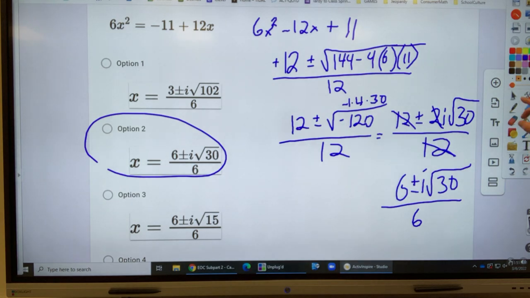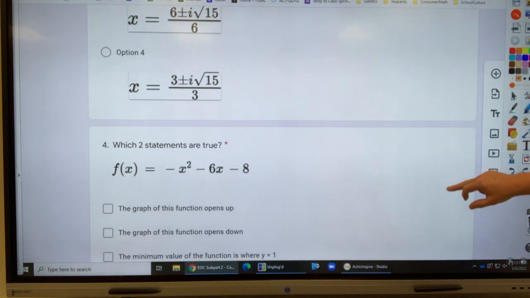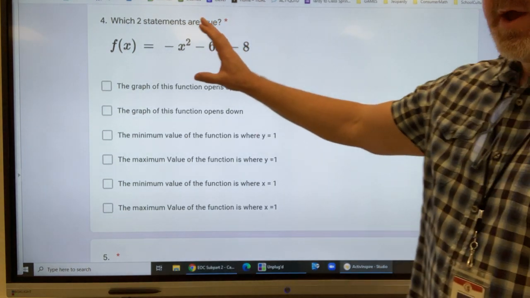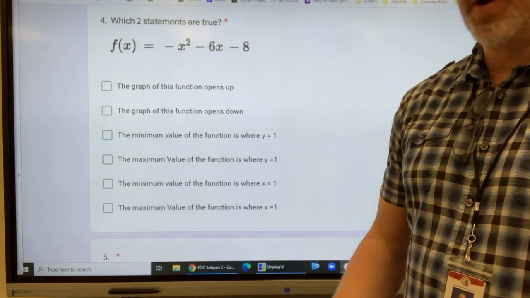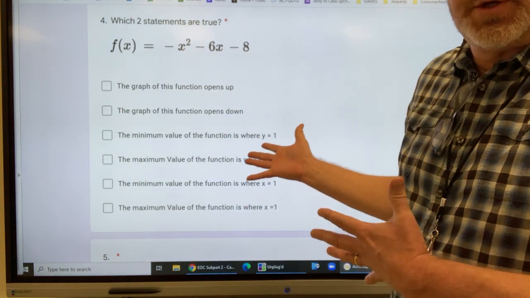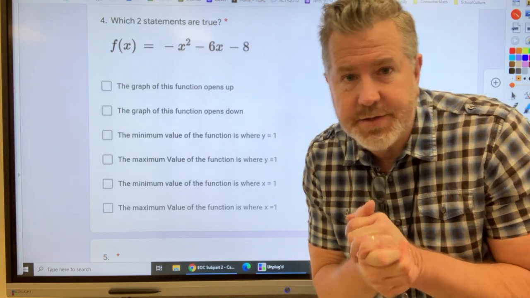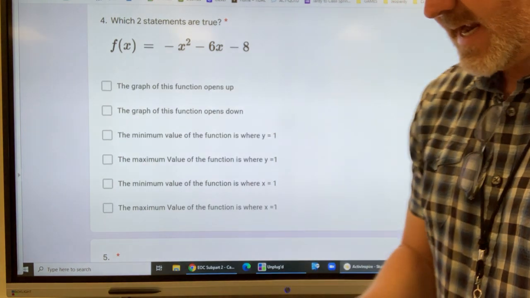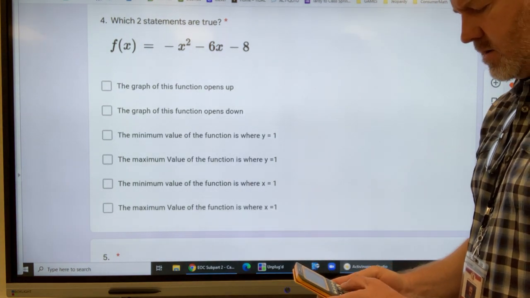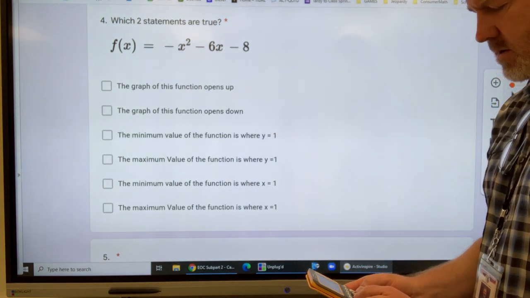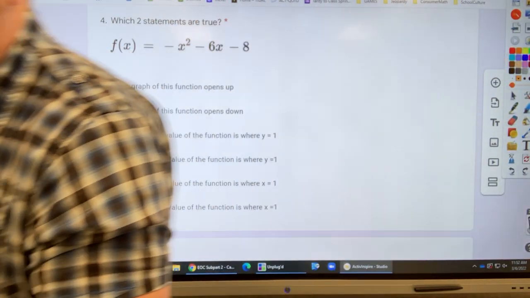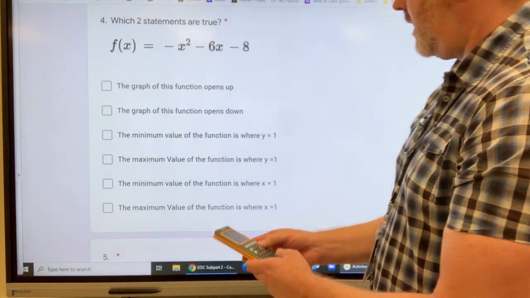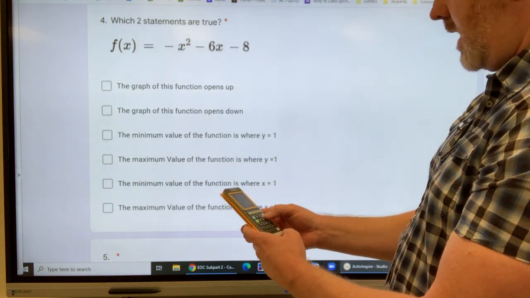That took a few minutes, but the next ones will not. There are several that simply do not take a few minutes. This, you'd be crazy not to just throw this in your calculator, and then you have to understand what the questions are asking, what the possible answers are asking. So let's put this in the calculator. Clear, clear, clear. Actually, let me grab another calculator because that one has 5 functions plugged into it for one of the future questions. So, negative x squared